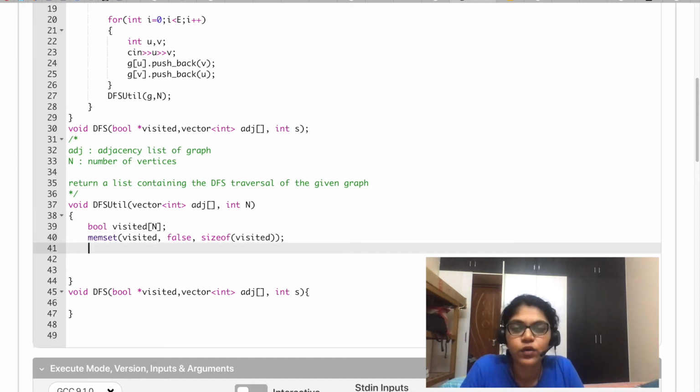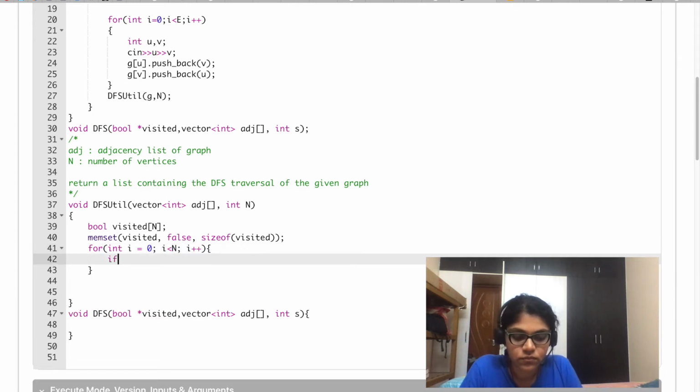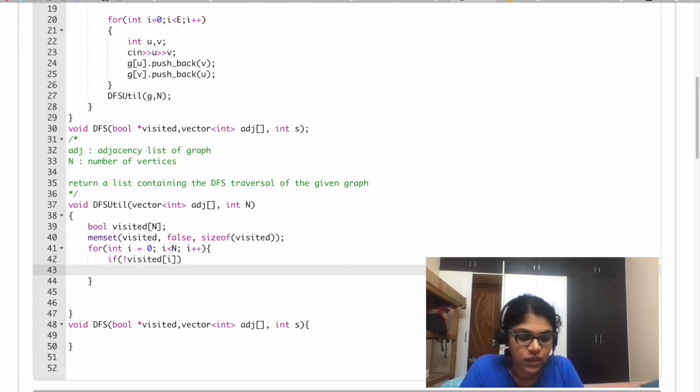Next, we write a for loop to loop through the nodes of the graph and check whether they are visited or not. If the current node is not visited, we are calling the DFS function on that node.